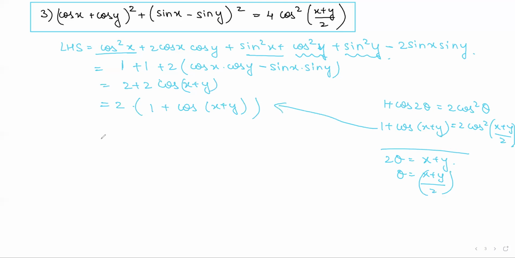This you place it here. 2 into 1 plus cos 2 into 2 cos square x plus y divided by 2, which is equals to 4 cos square x plus y divided by 2, which is your RHS. Next,